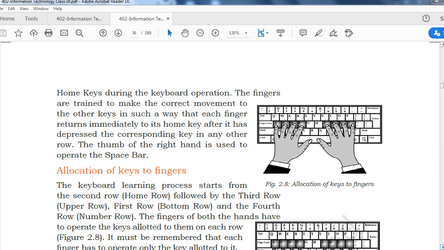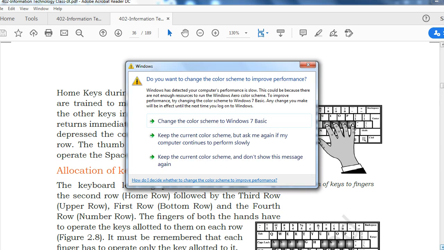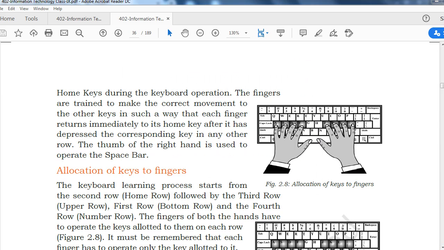Right? You can see the home keys A, S, D, F on the left, and the right home keys J, K, L. You can see the thumb here on the space bar.